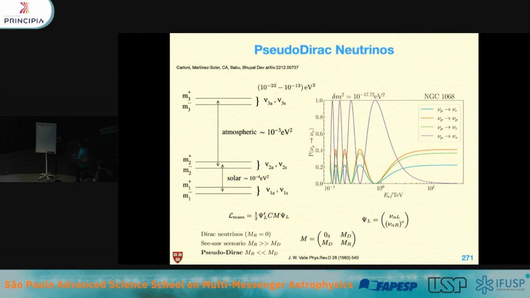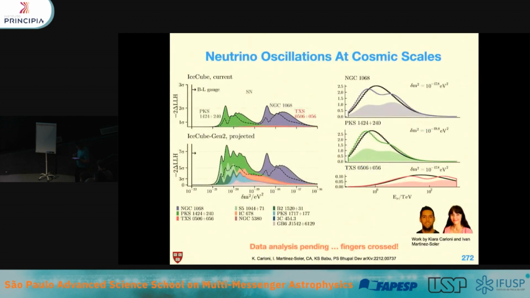And this theory is quite old. It's classic neutrino mass theory from the 80s. The problem is, how do I look at this small mass squared difference, right? There is no way you can do this kinematically, but you can try to do it with neutrino oscillations. So one thing that my postdoc and my student Chiara worked on is trying to figure out what we could do with IceCube and IceCube Gen 2. What you can see here is the sensitivity that we have to these sorts of models, measured by this likelihood difference, for IceCube and IceCube Gen 2 as a function of this mass squared difference for different sources.